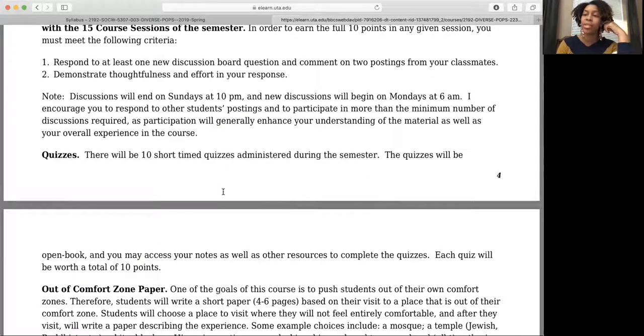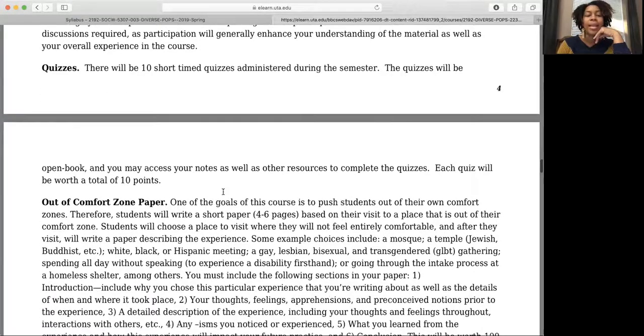10 short quizzes. You have about 30 minutes to complete your quizzes, 10 questions, pretty straightforward, multiple choice, true, false. And again, they're open book. I usually use those quizzes to inform the midterm and the final, so that way you're not learning a whole bunch of different things. I may ask them in different ways or give you different answer options or different examples, but generally, if you do well on your quizzes, you can do well in your midterm and final.